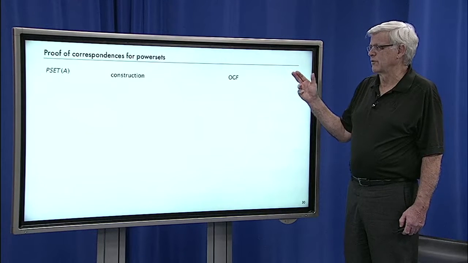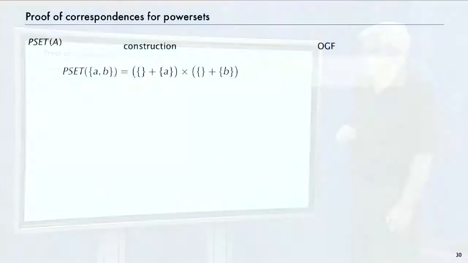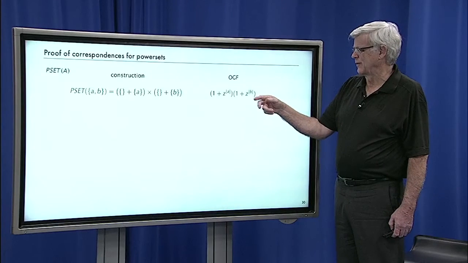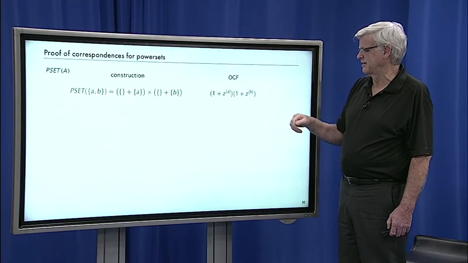Let's look at the proof for power sets. Again, the power set of a class that consists of two atoms is just broken out, either empty plus the one or empty plus the other. Another way to write that is 1 plus z to the OGF, the